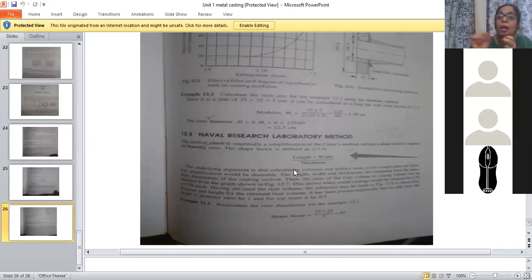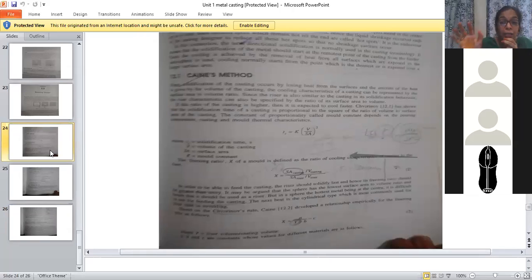So based on the graph, if let's say you are getting 2 as a shape factor, on that graph you will see how much is the volume you can incorporate, right? So please see these 3 methods. This is not much important. Just you have to write the formulas, give the notation, what is SA, what is volume, what is SA of casting. All of you please see this slide.